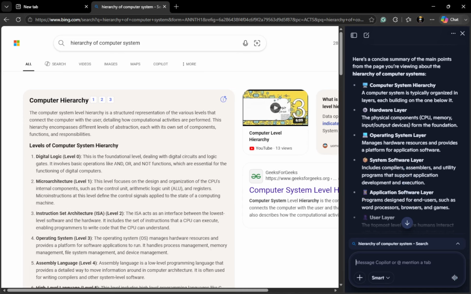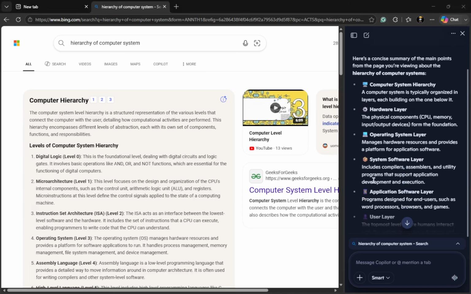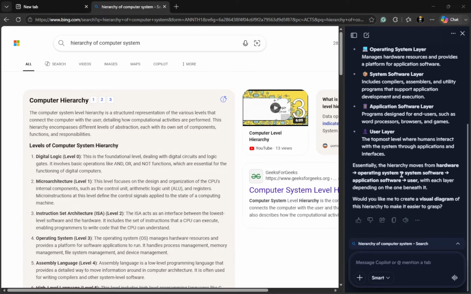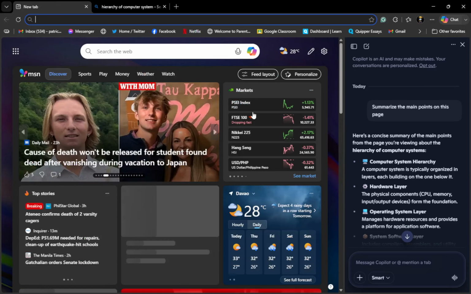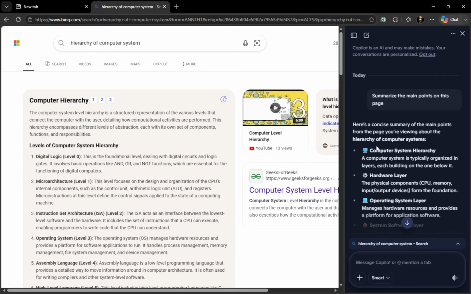Copilot can compare information across different tabs, summarize multiple pages, and help you research without needing to switch tabs constantly. For instance, you can ask Copilot, "Compare these two products I opened," or "Which of these articles is more reliable?" This ability to synthesize information from various tabs is powerful. It ensures you have all the details you need to make informed decisions without getting lost in multiple windows.